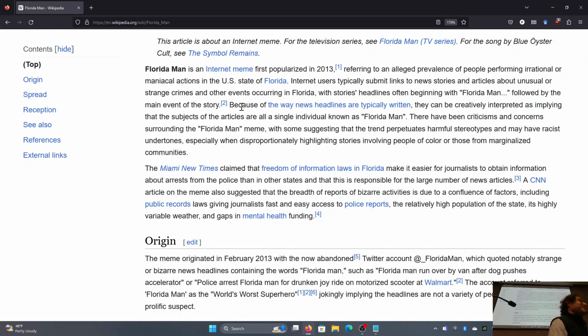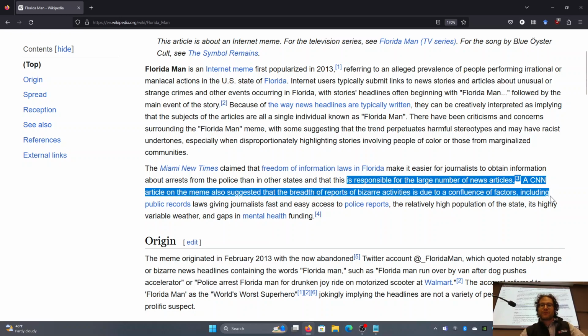Florida, being the Sunshine State, loves its sunshine laws, which basically say you get to look at the government's business about how they arrest people. You can have various debates about different policies, but regardless, that is one of the many factors behind the idea of Florida Man, the meme,